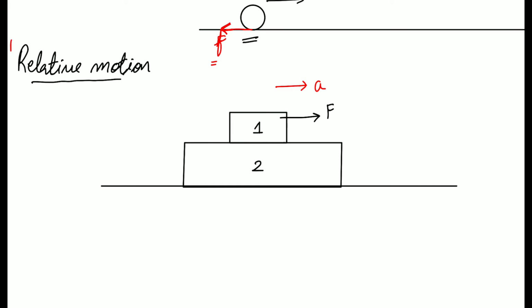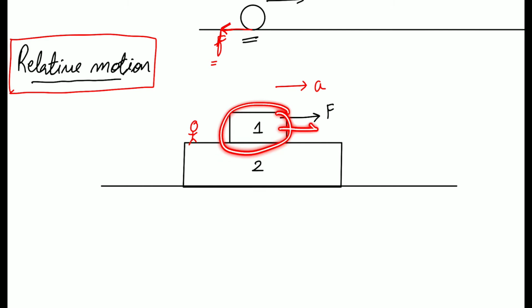Now we have studied that relative motion means with respect to each other, right? Okay, now let's say you are at block 2, standing on block 2. When you observe your block 1, what you see is your block 1 moving with some velocity v towards the right. Is that a yes or no? What you will observe is your block 1 is actually moving with some velocity v in the right direction, right? Now there is a motion,